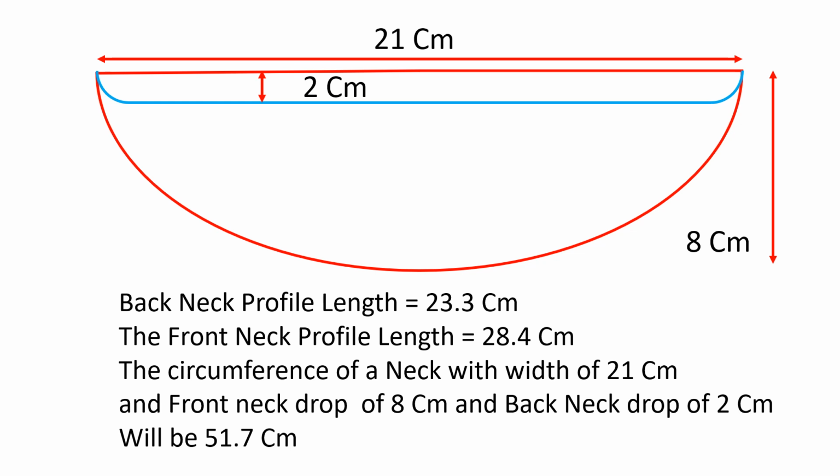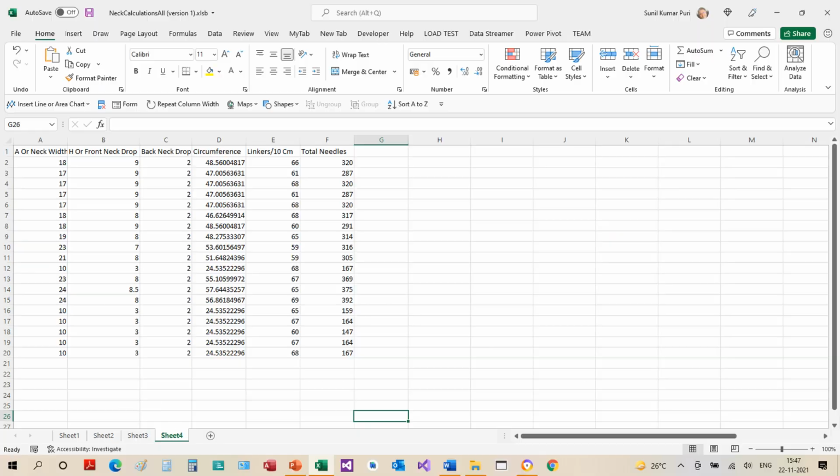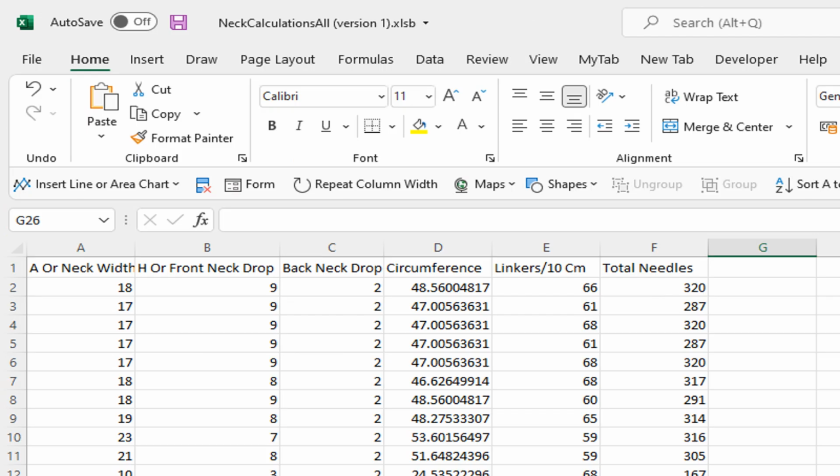Therefore the total circumference of the neck will be 23.3 plus 28.36 or 28.4, or 51.7 centimeters. If you are afraid of these calculations, make a small Excel sheet using the necessary 2 formulas. And all you need to type in is the neck width and the neck drop, and you will get the circumference of the neck. Use another column to type in the linker value, and you know the number of needles